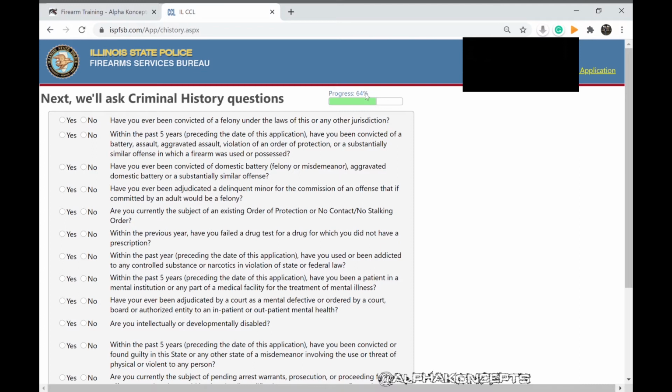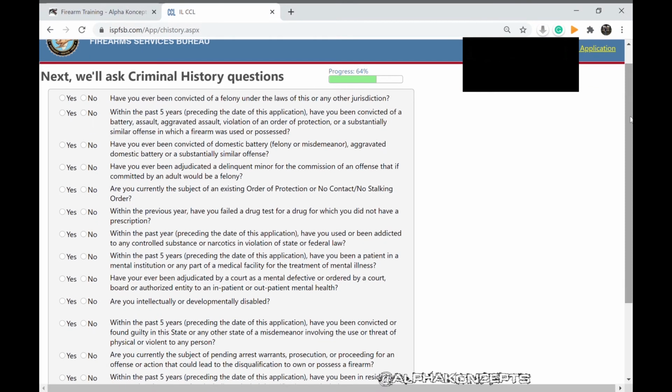Okay, so go through. You're going to want to read each question. Make sure you understand the question, and then after you've read the question, click no. So we're just going to go through, read the questions. We have no felonies, we have no violent arrests, no domestic battery, nothing like that. We're not mental defectives, no orders of protection, no failed drug tests,